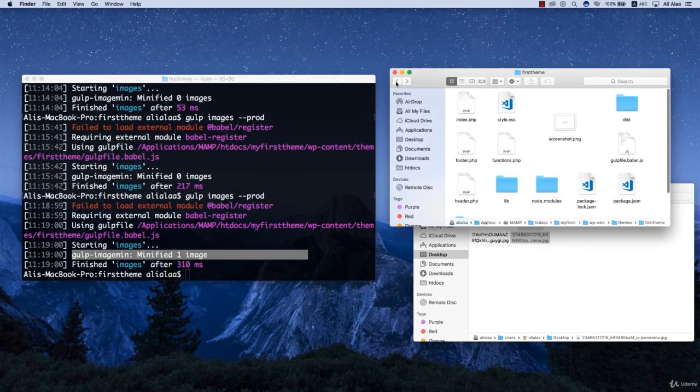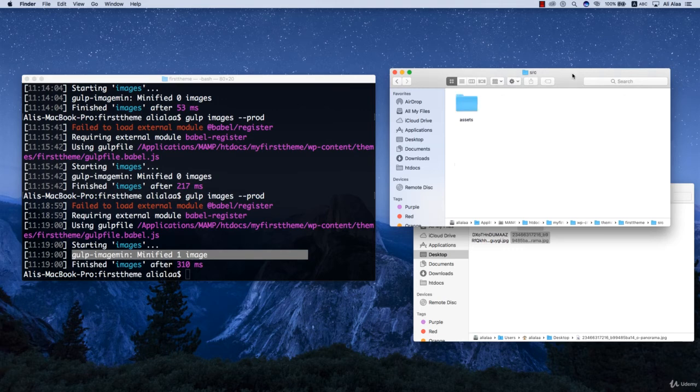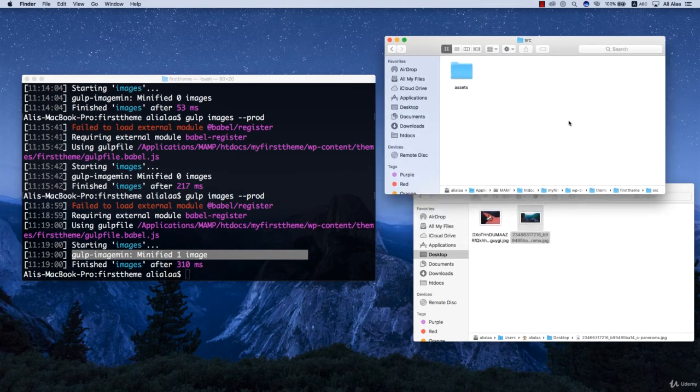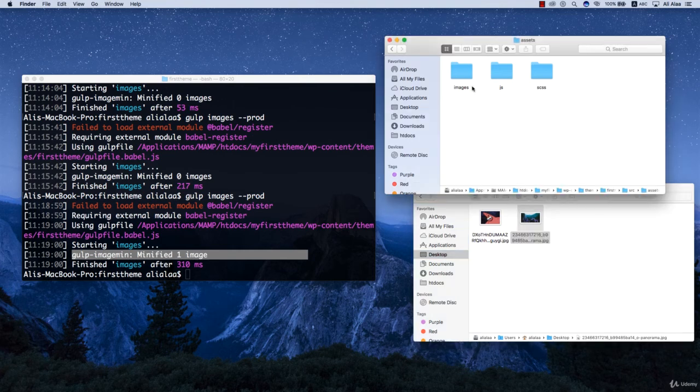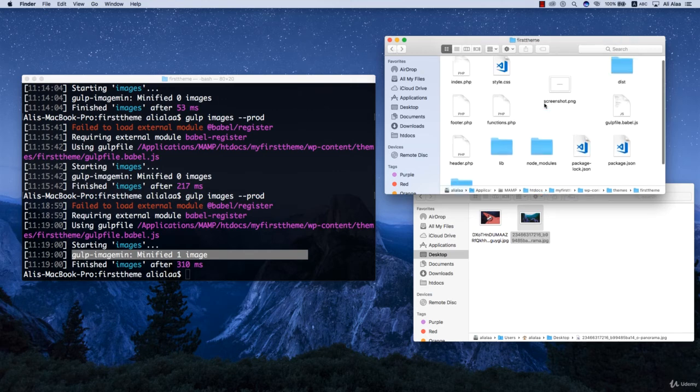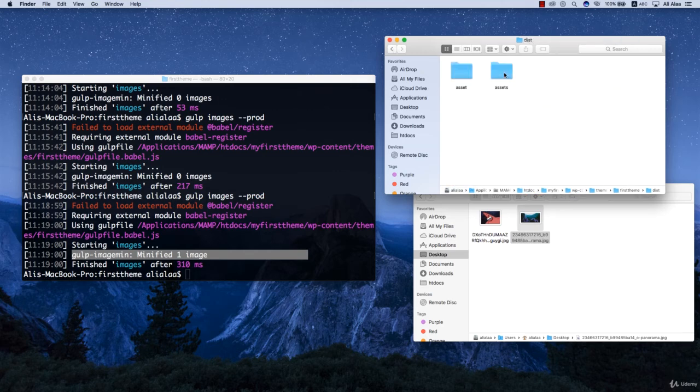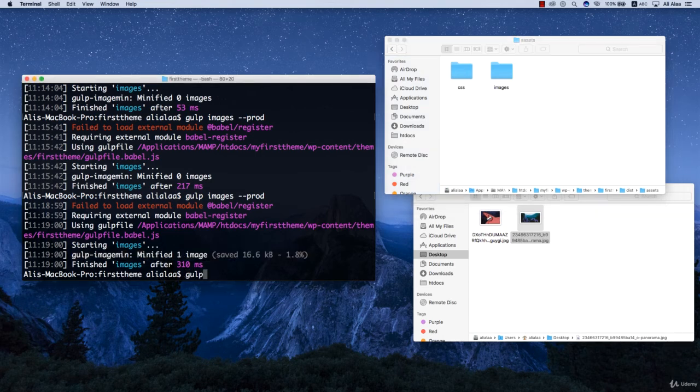We are inside the source folder now, and the assets, and let's use one of these images. So let's copy and paste this image, but outside the images folder. So before the copy task, nothing should happen, but after running the copy task, it should appear here. So let's try this out. Let's run gulp copy,